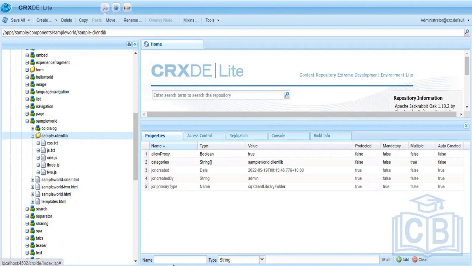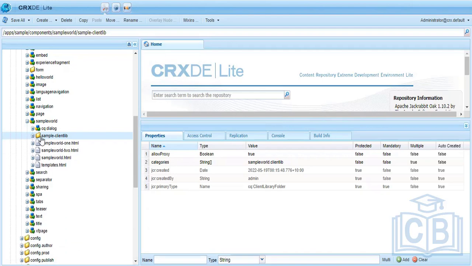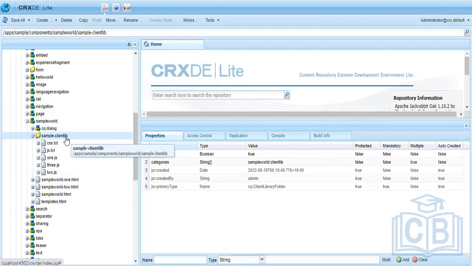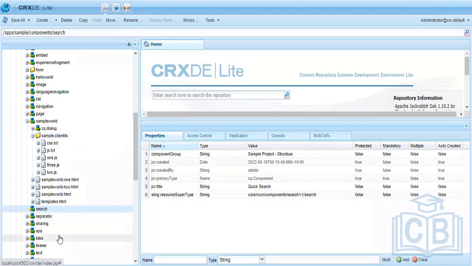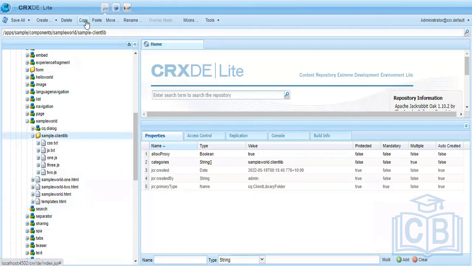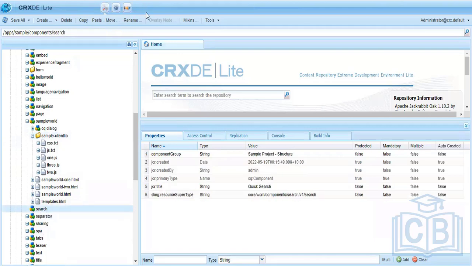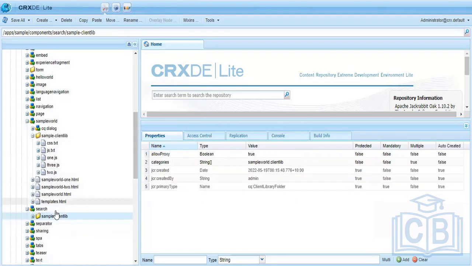So let's move to the other concept. Another thing inside this client lib. We have one client library created over here. Let's consider that this is my search component, and this also has some client library. Let me just paste it over here. Okay, so this was sample. Let me rename it to